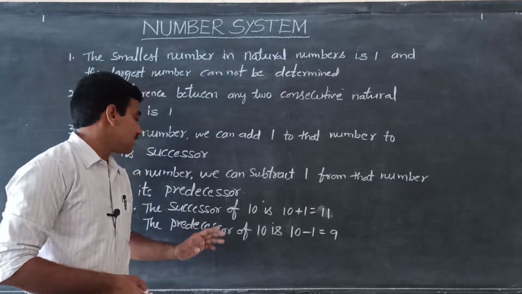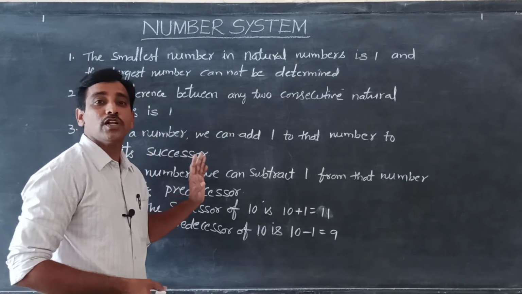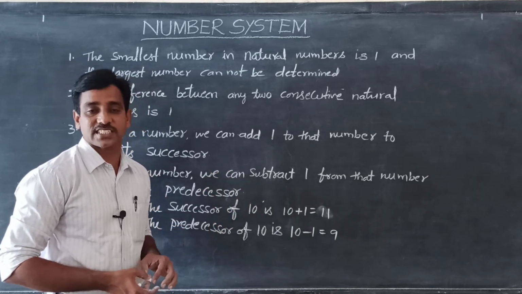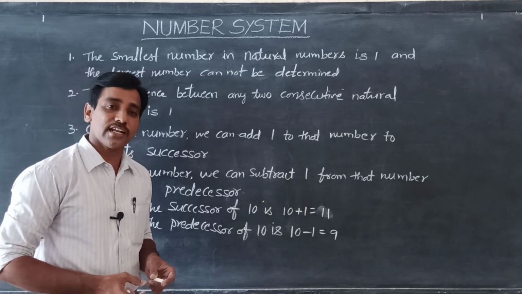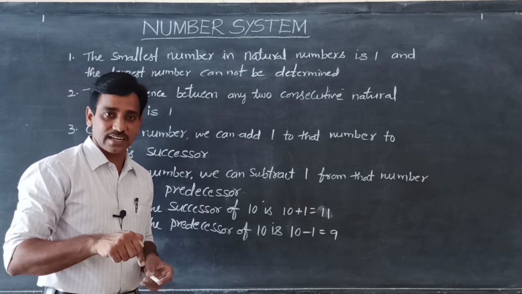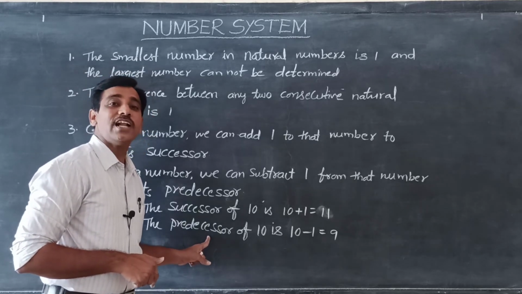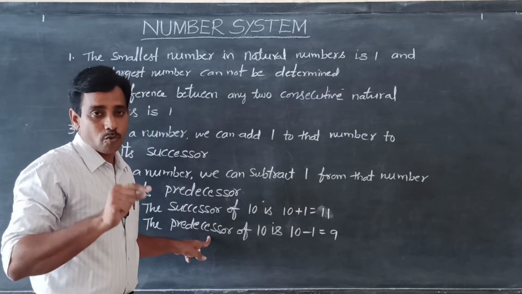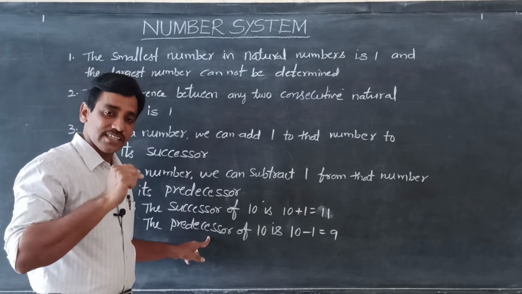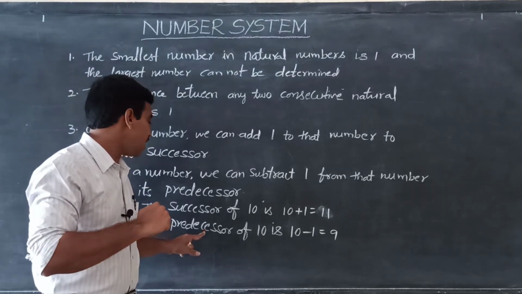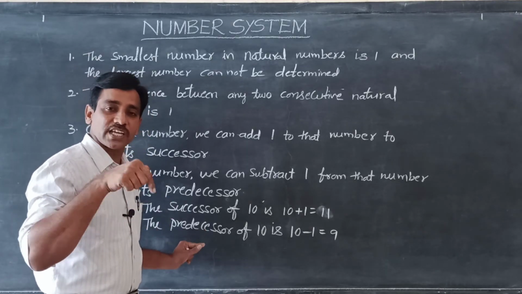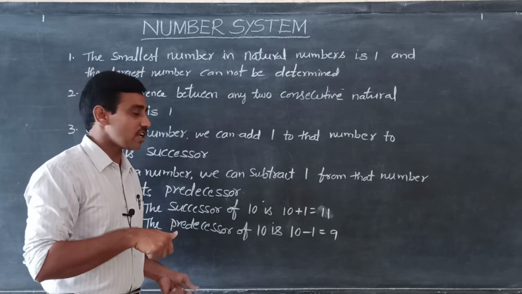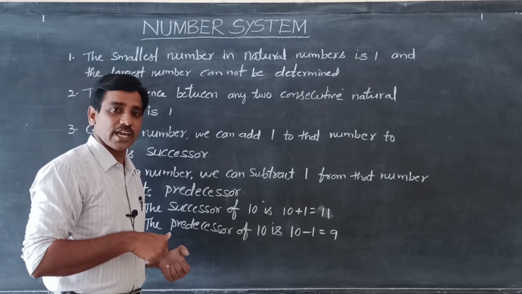Right? Here successor means one more than a number is called its successor. Predecessor means one less than a number is called its predecessor. If we need predecessor, we subtract 1 from the given number. If we need successor, we add 1 to the given number, we get successor. Okay, now